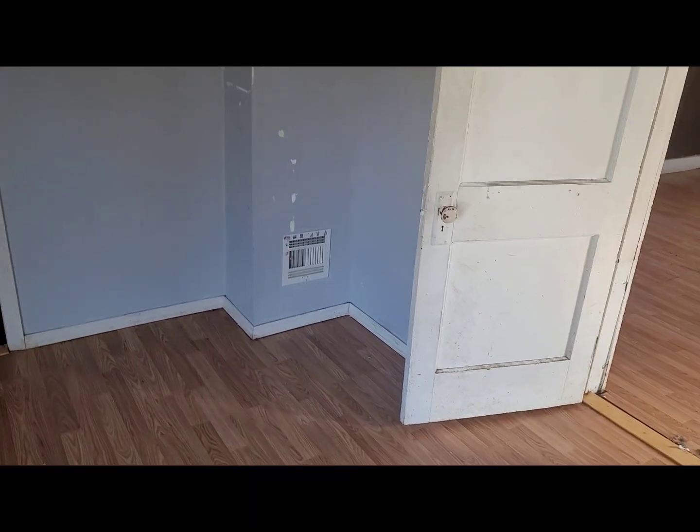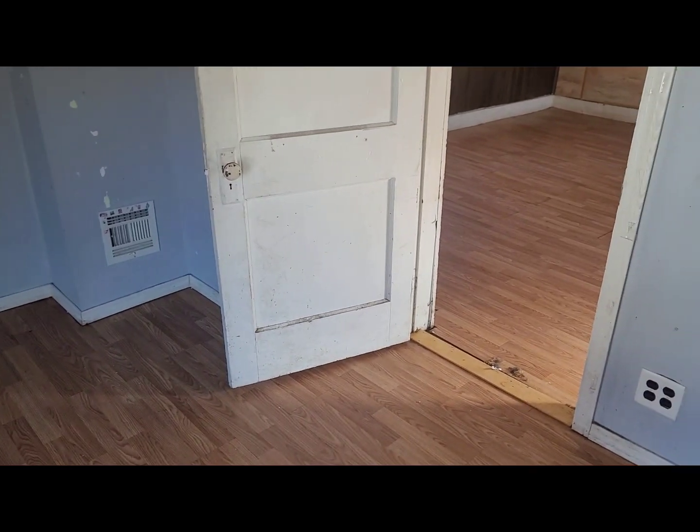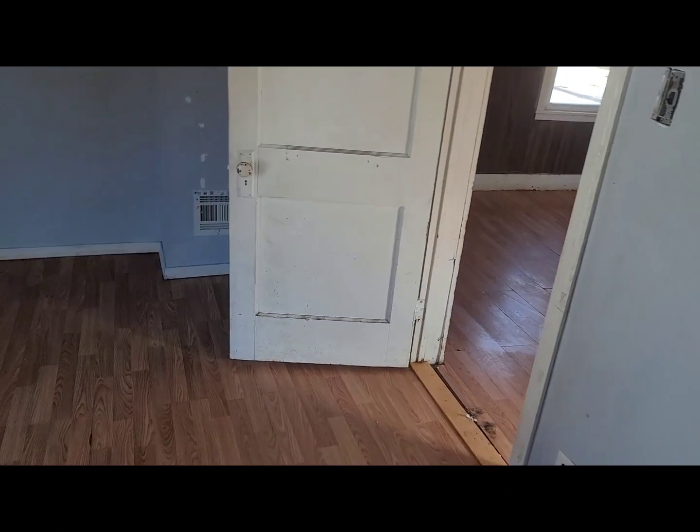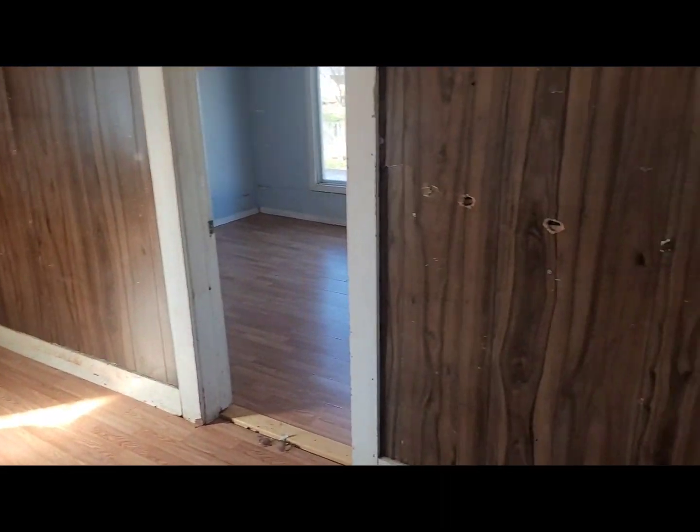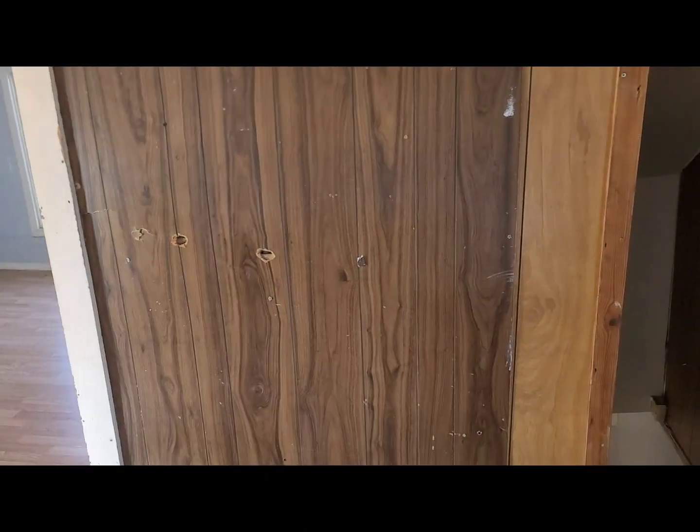So there's another room. Don't necessarily want to call it a bedroom because you do have to walk from that room to get into this room. But there is a nice bedroom sized room here. It has an egress window. It's going to be a kid's room, or if this was the parents' room, you would have a kid's room off of the parents' room. And the ceilings in here are very short. Again, I'm 6'2", and if I stand up straight, I can touch the ceiling with my head